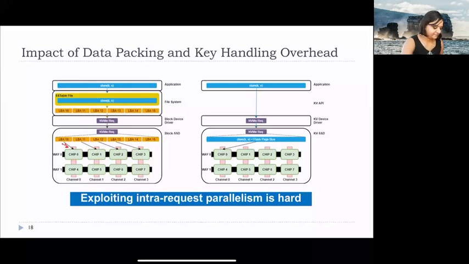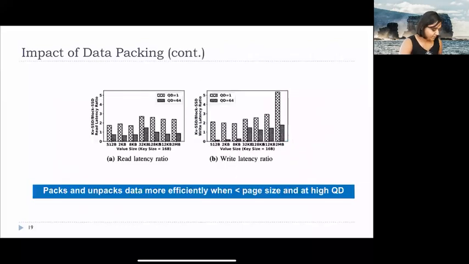Let's look at the data. So if we pack and unpack more data efficiently with smaller page size and at higher queue depth, where we have